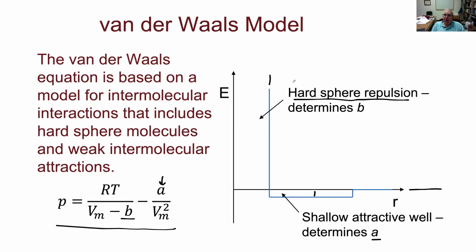Okay, so that's the model that leads to this van der Waals equation, which when we teach this in Gen Chem, we usually just say, yeah, the ideal gas model, but there's some other equations that do real gases, and we toss up this one here and talk about it a little bit and look at how the parameters vary